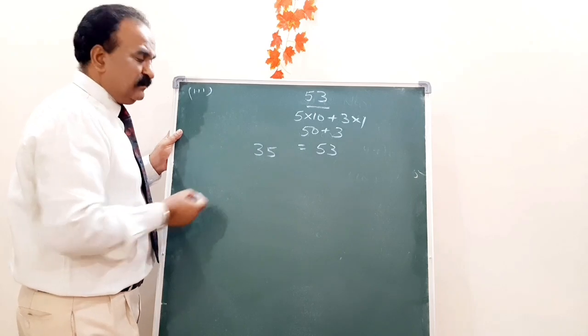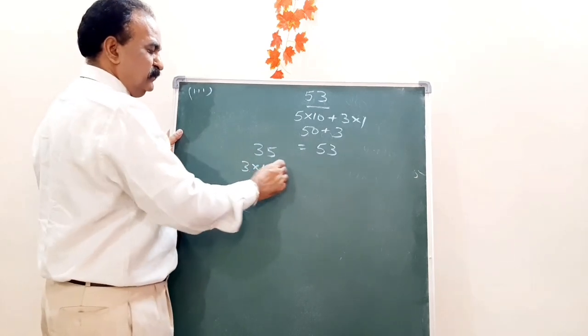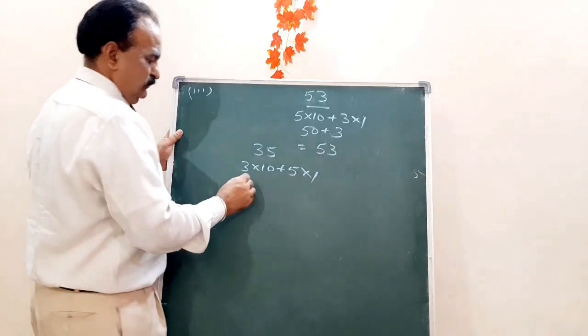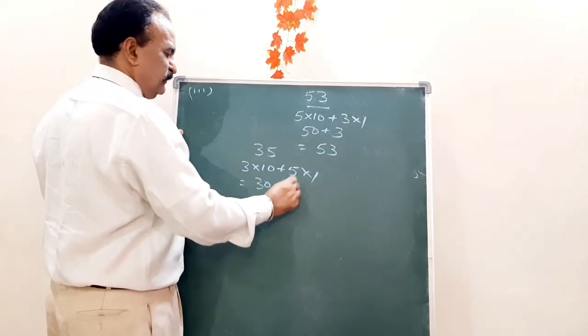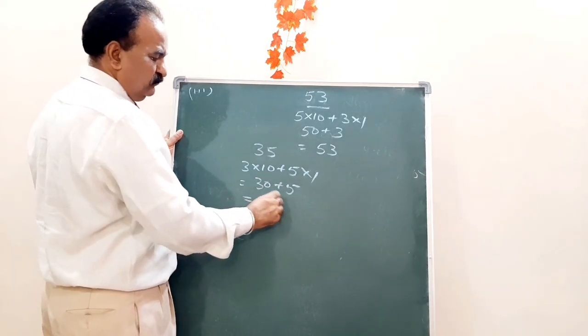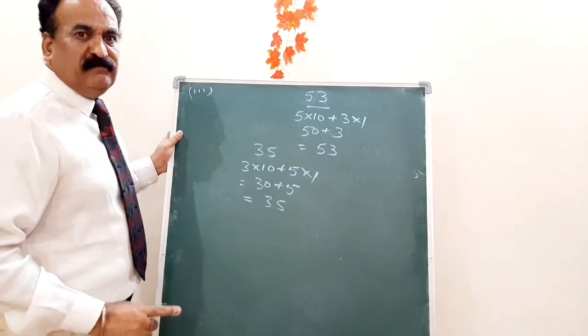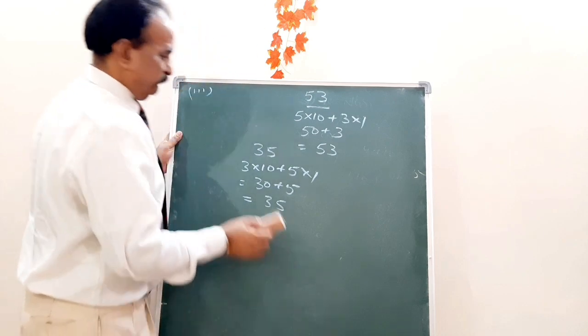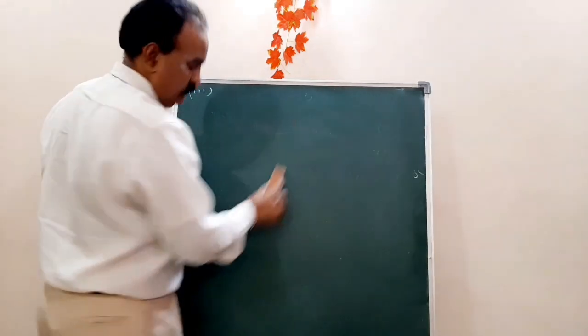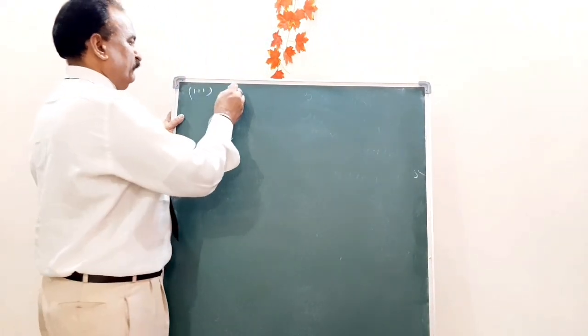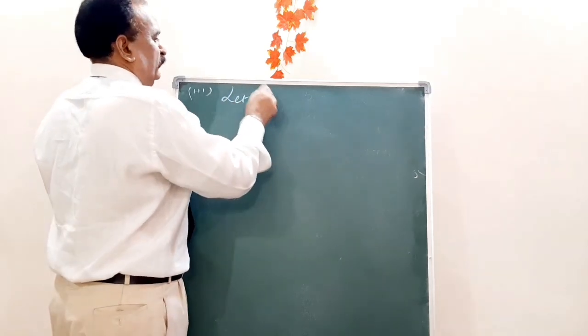So how to write the number? 3 into 10 plus 5 into 1. It means 30 plus 5 is equal to 35. Clear? This way you have to find the number. Now what am I doing? Let the digit,